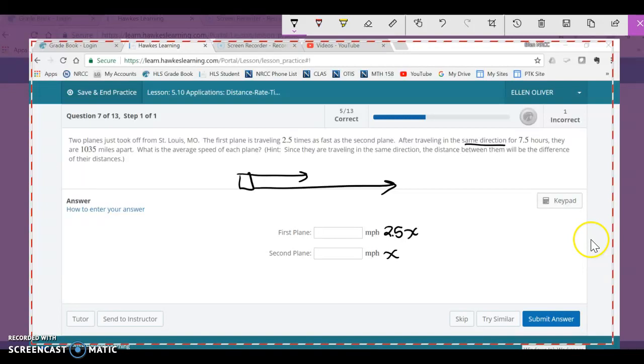And this guy is going 2.5 times as fast. So there's our substitution we did right there without even thinking about it. So let's say this guy's going to get further. So his speed is X and his speed is, sorry, the slower guy is X. The first plane is on the bottom, 2.5 times as fast as the second plane. All right, after traveling in the same direction, so their time equals 7.5 hours. They are 1,035 miles apart. So that's 1035. So that means that the distance this guy goes minus the distance this guy goes